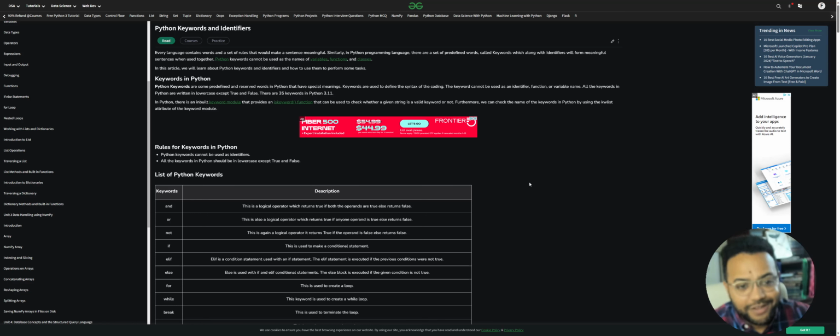It helps tremendously. Otherwise, let's jump into the content. So, why are keywords and identifiers important? Well, when we name our variables, we name our classes, when we name our functions, we want to make sure that we're using words we are allowed to use. Now, with that being said, it's very important to know that there's a certain naming convention that we use when